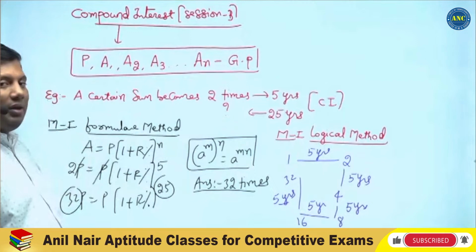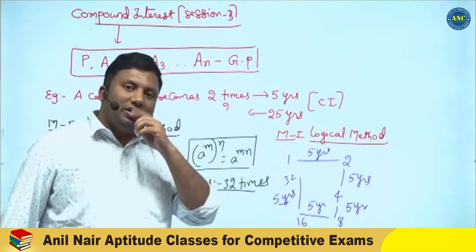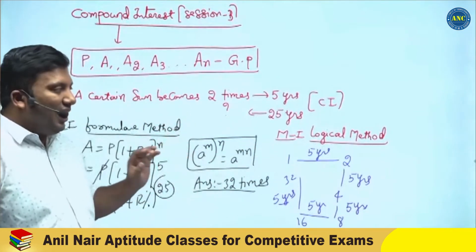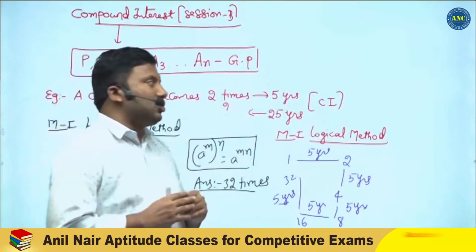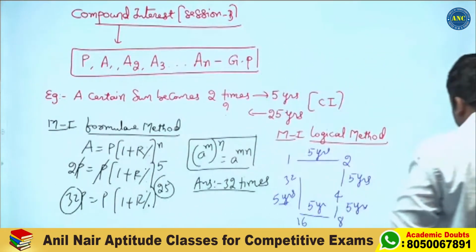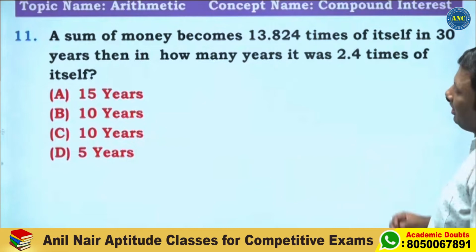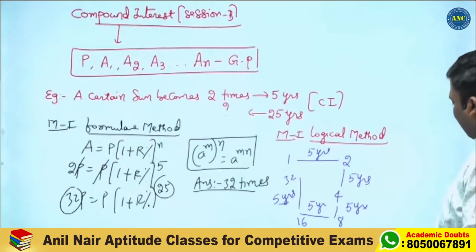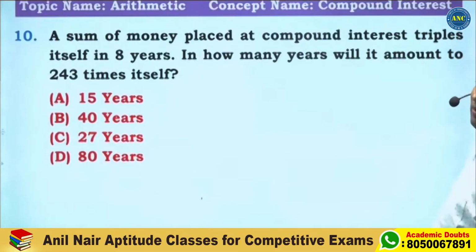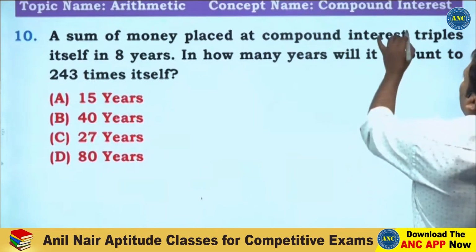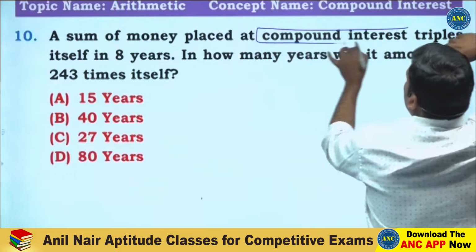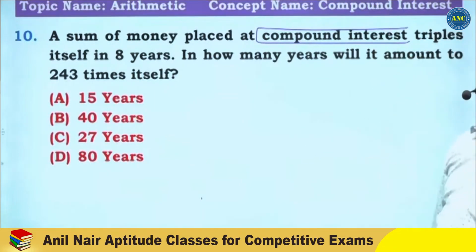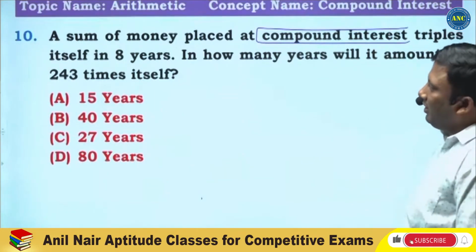One is a formulae method, another is a logical method to solve the problem. I hope the idea is very easy to solve. Now let us start with the question. Let me solve the 10th question once again. A certain sum of money placed at compound interest is tripling itself in every